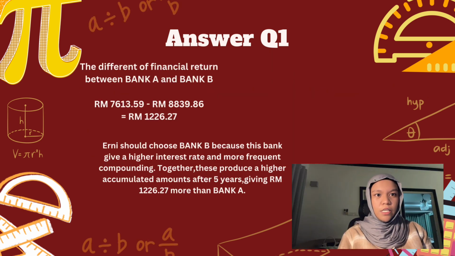Before we do the conclusion, we have to find the difference of financial return between Bank A and Bank B, where it will be 8,839 and 86 cents minus 7,613 and 59 cents, and it will be equal to